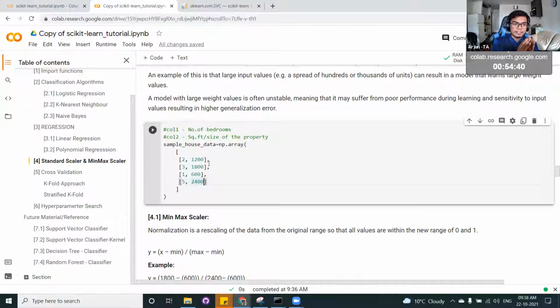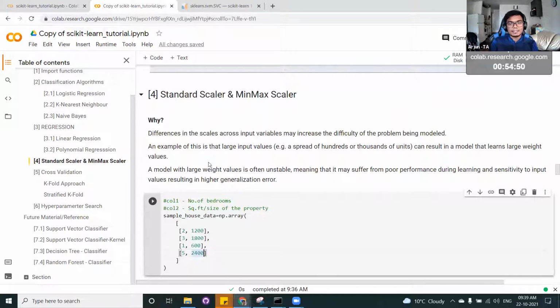In one column, the scale is in the tens, that is 0 to tens. And in the other column, we have a scale between 1000 and 5000 or so square feet. The scale is so different that it takes a lot of time for the model to converge, because it is so hard mathematically.